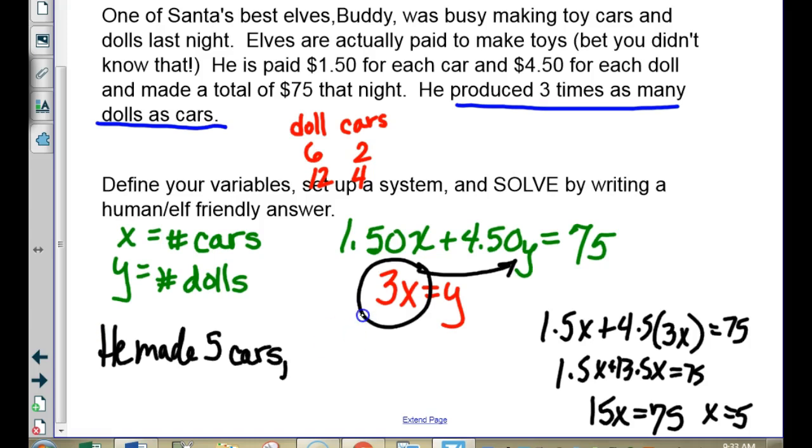Okay, if we plug that back in, put a 5 in there, $15. Now, reread the question, and does it make sense? 3 times as many dolls as cars. Okay, so can you see why I'm a little nervous about that question? Be pretty easy to, okay. Now, you could go back and do 5 times 1.50 plus 4.50 times 15 and make sure it totaled 75, but